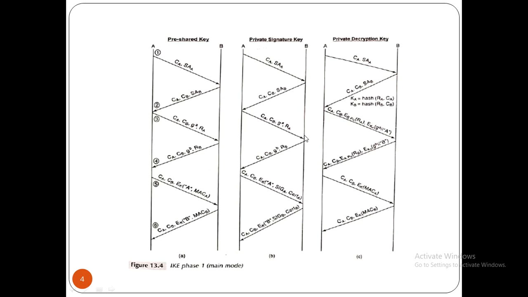So now coming to option 3, where A and B each have a private decryption key. So there is a use of the private decryption key, as shown in this diagram named C. The first two messages used with this option are as in the two previous cases. The first two messages are the same. The main difference between this option and the previous one is that both sides exchange their identifiers earlier, in messages 3 and 4. Each side generates the nonces RA and RB as shown here. Each side uses RA and RB and decrypts it with the other side's public key. So a decryption needs to take place by using the